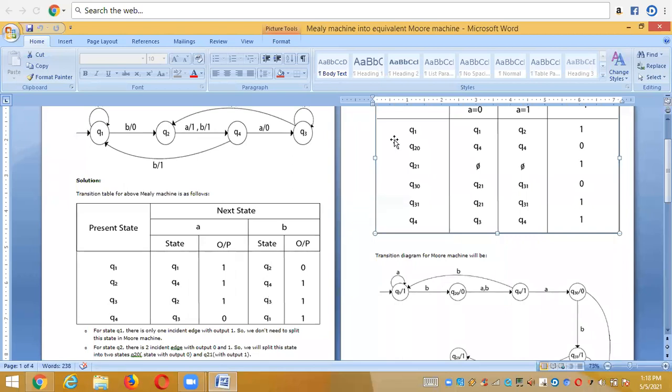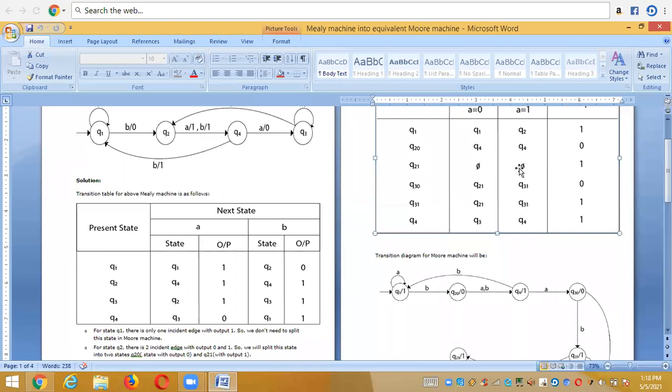And how we can decide the output of this Q2 0 is, after Q2 what digit we are having, 0, so that becomes the output. And for the Q2 1, the same thing you need to copy here. The same outputs for the Q2 you need to copy here. But why we didn't copy it and why we put the 5 is because Q4 is not in a split state, right? So that's why we didn't copy it here. We just put 5 like this. If you copy it also, nothing will happen, right? If you write Q4 and Q4 also, nothing will happen. Or if you put Q5 and 5 also, nothing will happen.